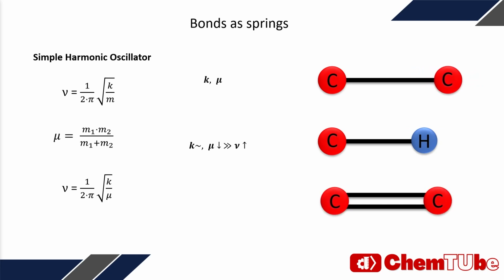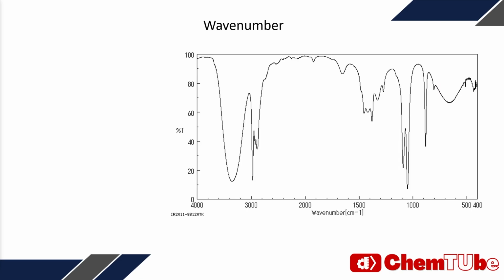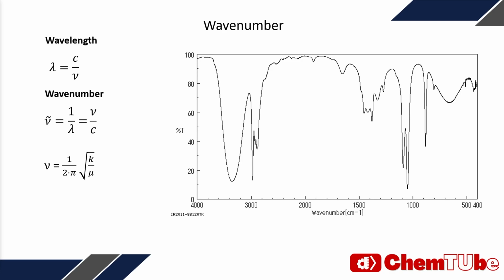Now let's look at two carbon atoms connected by a double bond. We see that the reduced mass is the same as in the first situation, but the bond is stronger, causing a higher oscillation frequency again. If we now take a look at the IR spectra, we see that on the x-axis is the wave number with the unit of reciprocal centimeters. This is just 1 over the wavelength absorbed. When calculating this, it is important to take into account the unit of centimeters to not make any mistakes during calculations. If we now take the frequency formula and make it show the wave number, we get the following. The same applies: the wave number is proportional to the square root of the bond constant and inversely proportional to the square root of reduced mass.